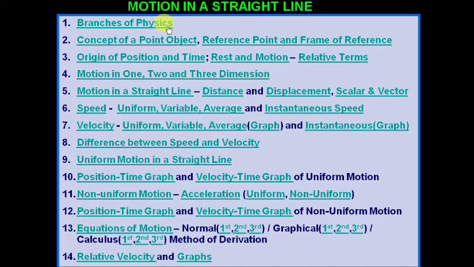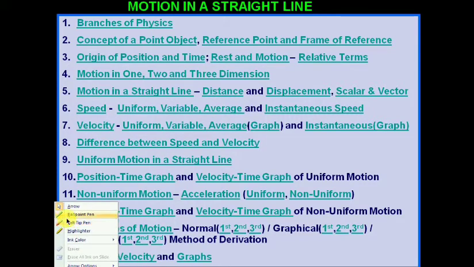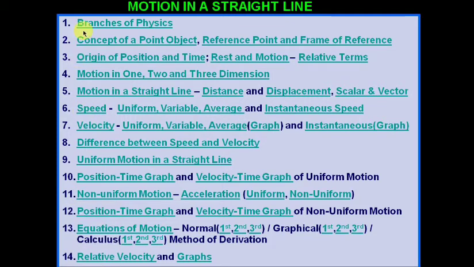First one is branches of physics, then the concept of a point, object, reference point and frame of reference. Then origin of position and time, rest and motion, relative terms. And the fourth one is